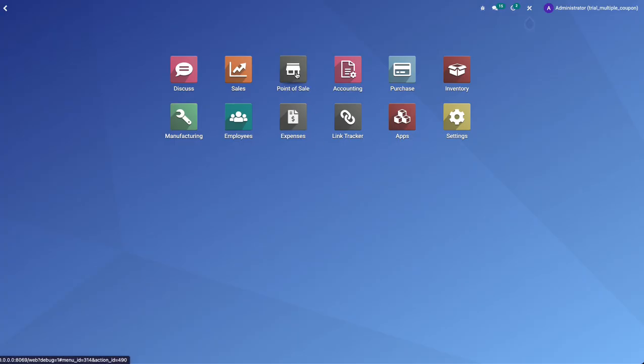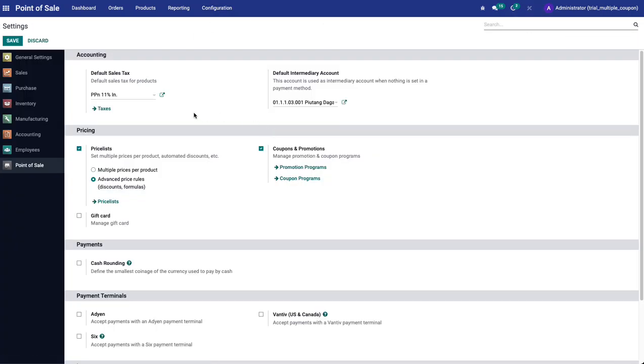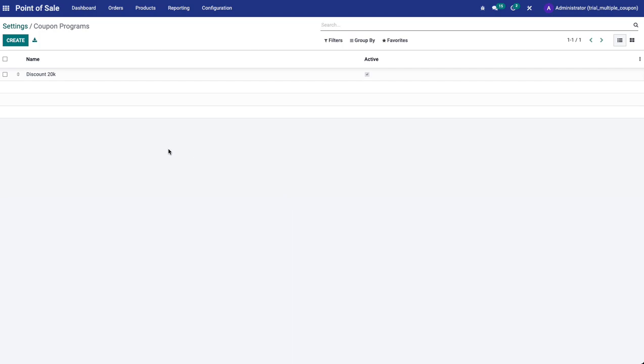Now we need to go to Point of Sale configuration and settings, and you have to check this box, Coupons and Promotions, as this is the very basic thing to be working on with the coupon program. After you check this, you can go to this coupon program right here and make your own programs, one